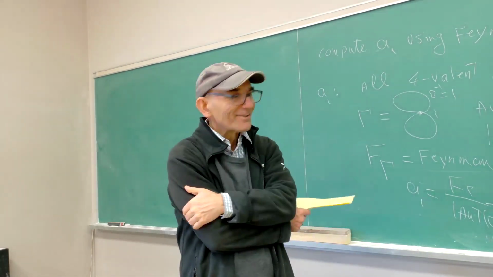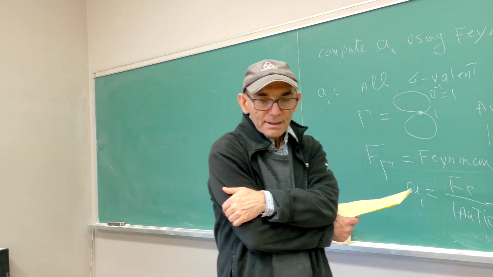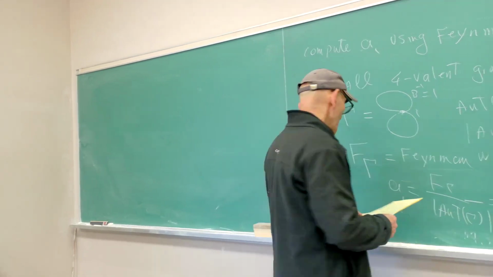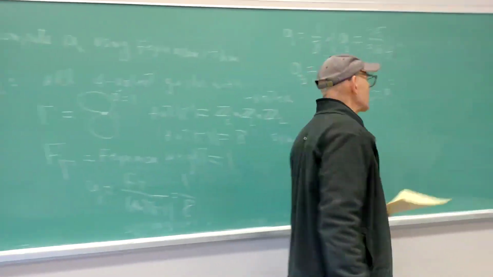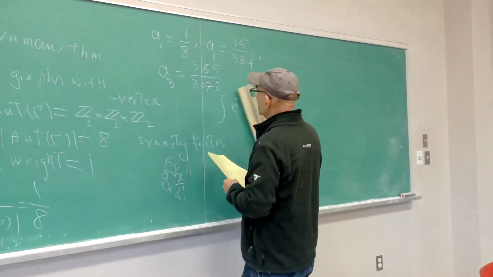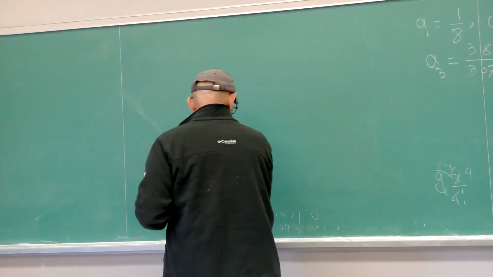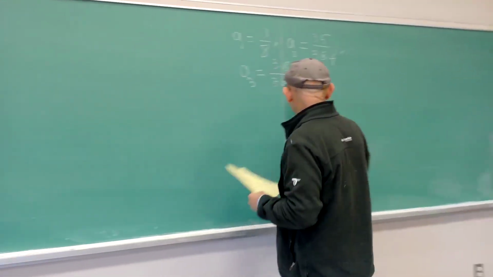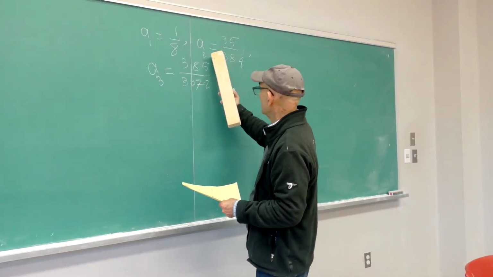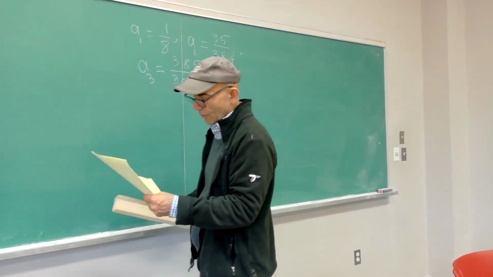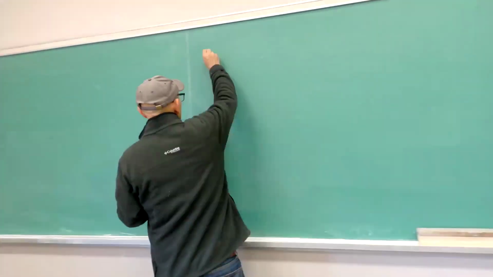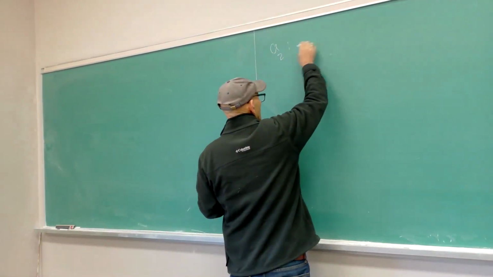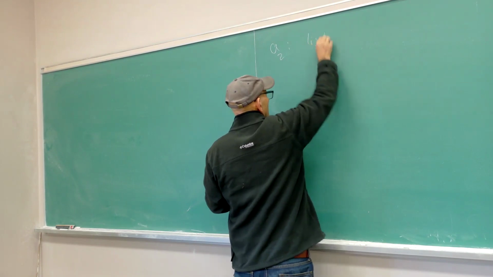Question? Okay. All right, so now let's compute A2. That's a little more fun. I'm not going to erase these. Okay, so the direct method without Feynman gives us A2 equal to 35 over 384. And now we want to compute A2 using Feynman graphs, so we have to actually list all